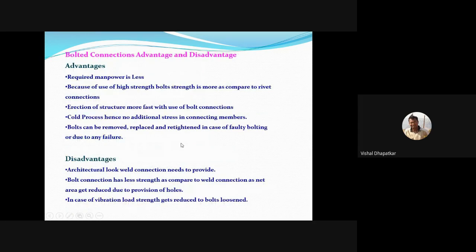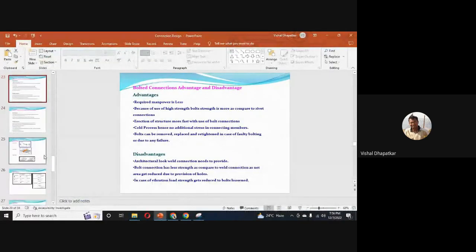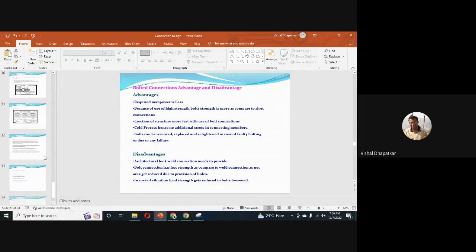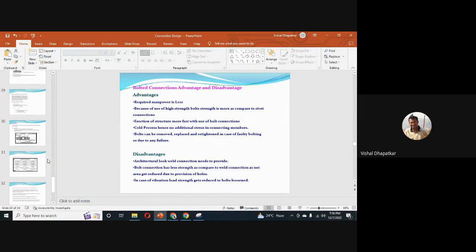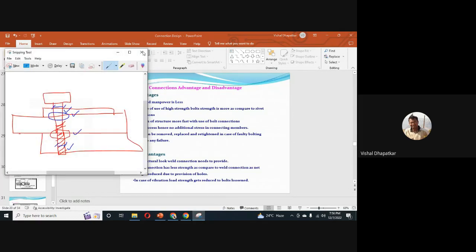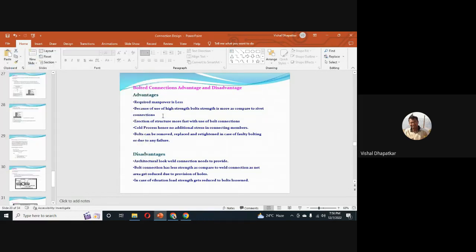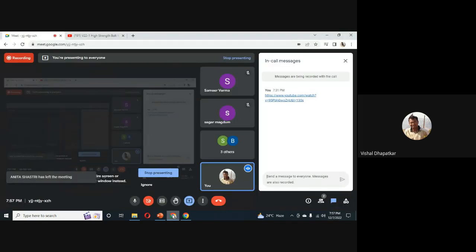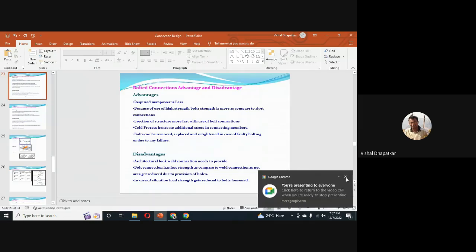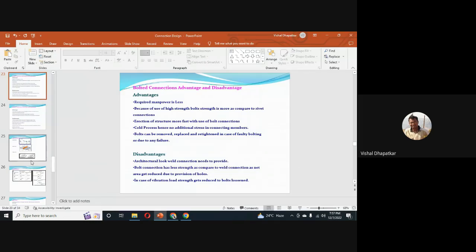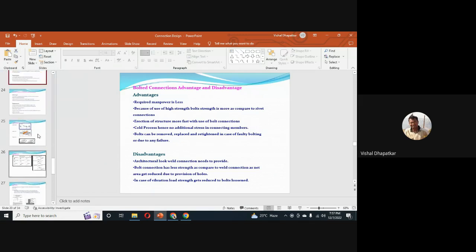So for this bolt connection, any queries up to this? Any queries on bolted connections? Am I audible? Okay, so